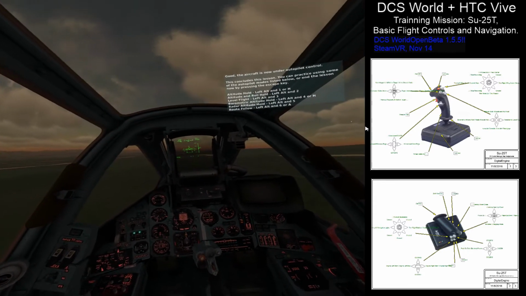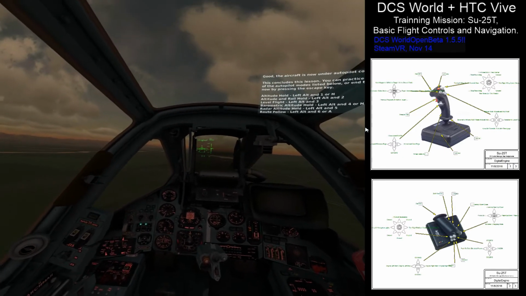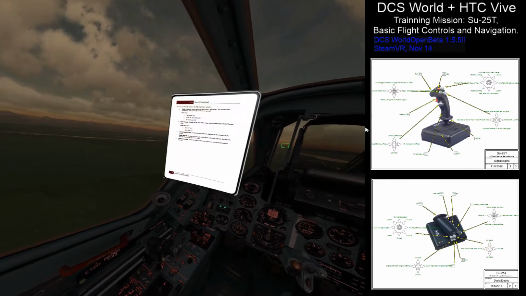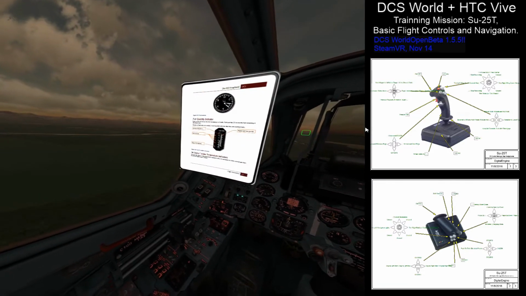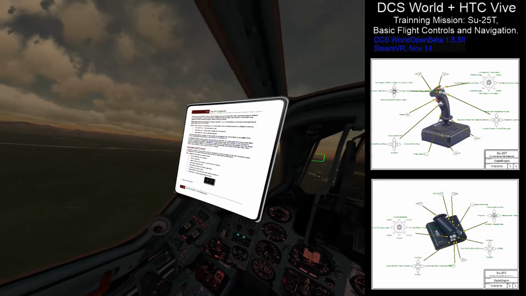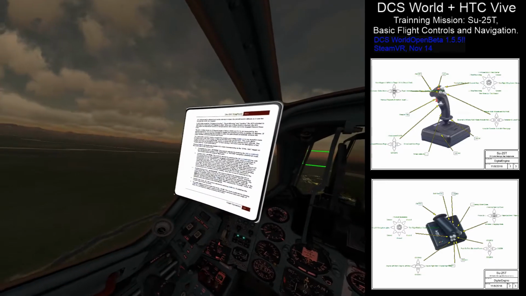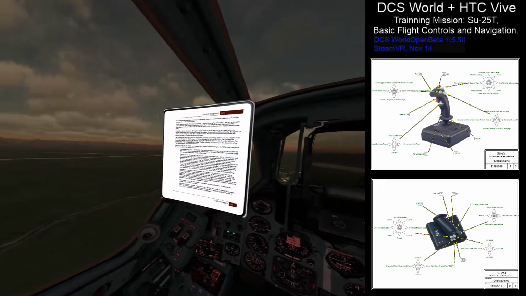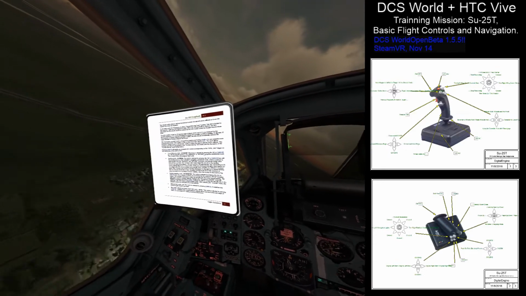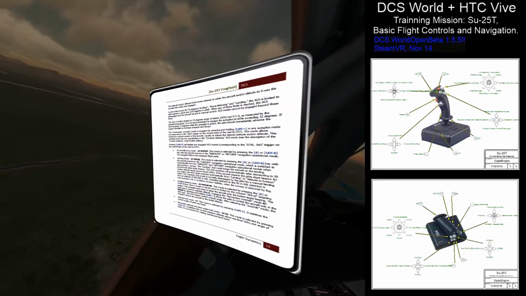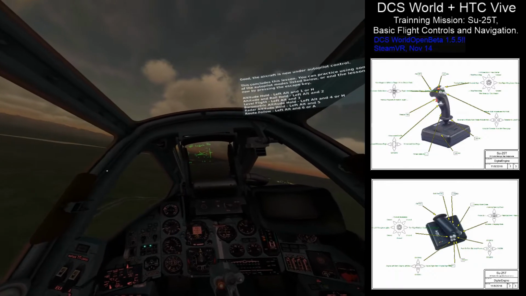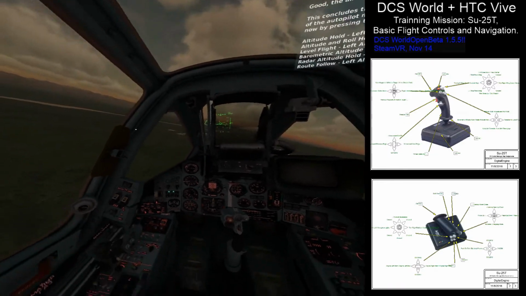buttons being illuminated. Now if we pull up our manual and go to page 18, which I have on my kneeboard, we have here route following mode, and if we go to the description, it shows here route following mode. With the aircraft avionics in the en route or return navigation operational mode, the autopilot follows the assigned flight path. So that's route following mode. So let's disconnect our autopilot